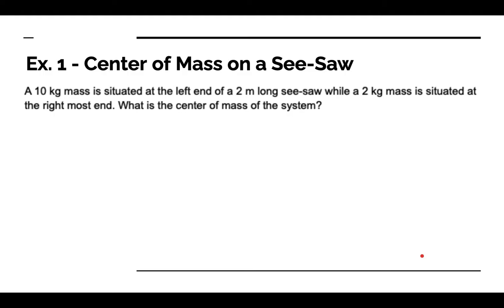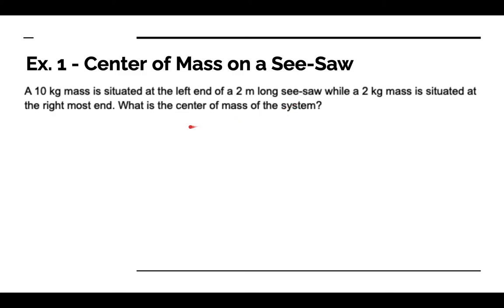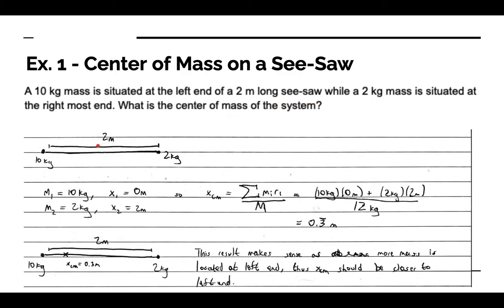So let's take a look at an example here. Let's calculate the center of mass on a seesaw. A 10 kilogram mass is situated at the left end of a 2 meter long seesaw, while a 2 kilogram mass is situated at the rightmost end. What is the center of mass of the system? Let's assume we can neglect for the time being the actual mass of the seesaw, and we're just concerned with the 10 kilogram and 2 kilogram masses. So here's what our scenario looks like. We have a 10 kilogram mass at the leftmost end, and we have a 2 kilogram mass at the rightmost